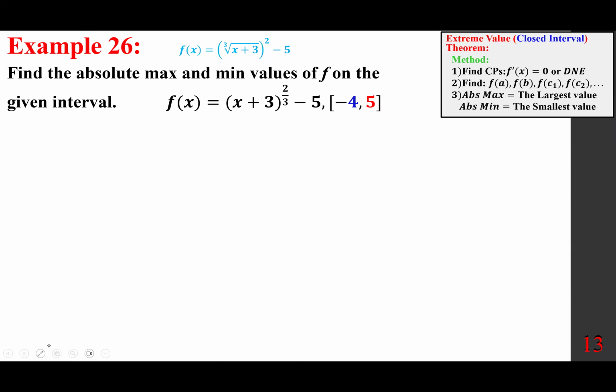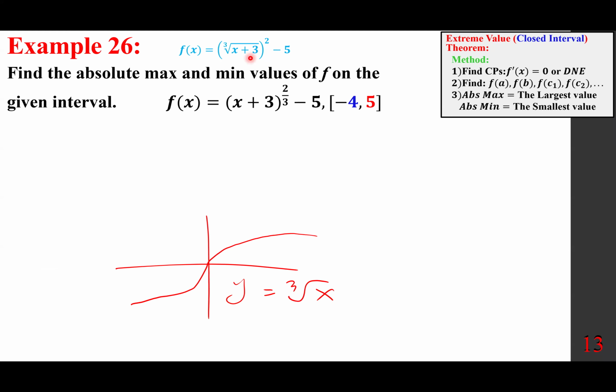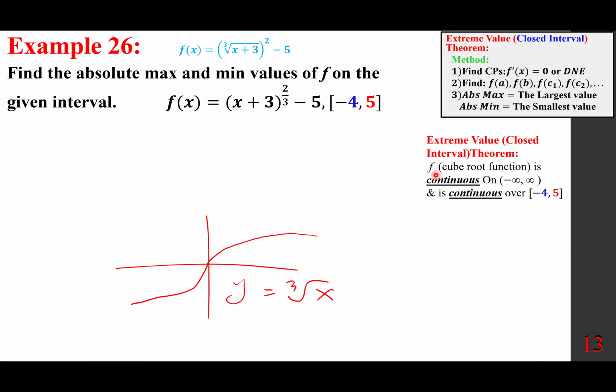Basic cube root looks like that with the domain being all real numbers. And what happens in this one, plus 3 shifts to the left by 3, and then gets squared up. So the negative side flips over and gets larger. The positive side just gets larger. Minus 5 brings it down by 5 units. So it's a cube root. The domain is all real numbers. And if it's continuous from negative to positive infinity, it is continuous in the given interval of minus 4 to 5. Therefore, we are going to go with the extreme value or closed interval theorem by